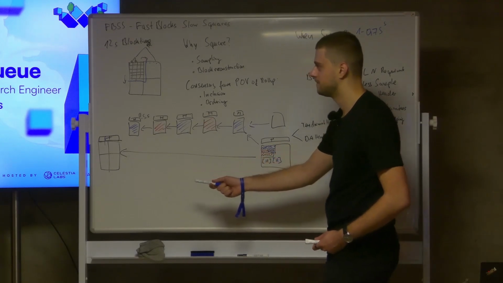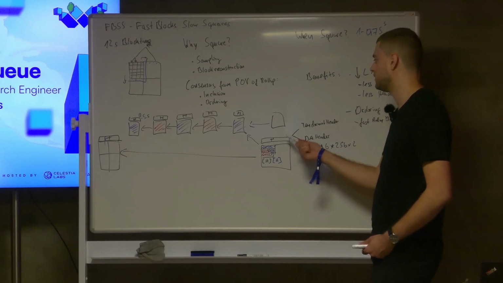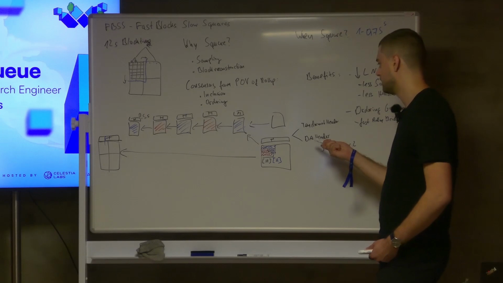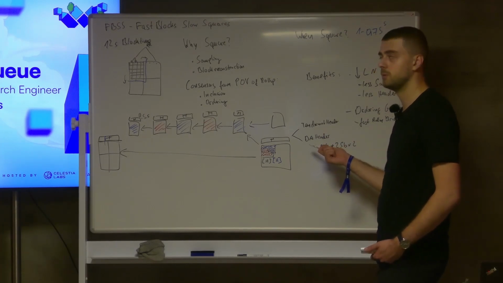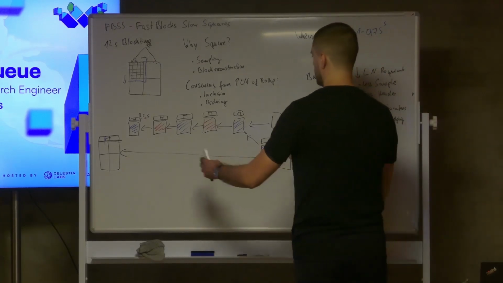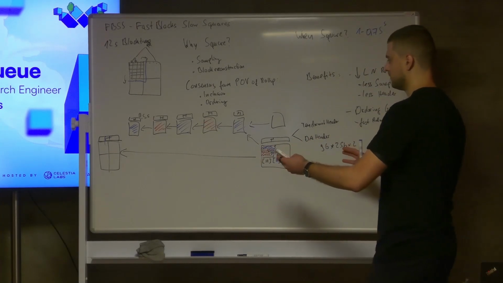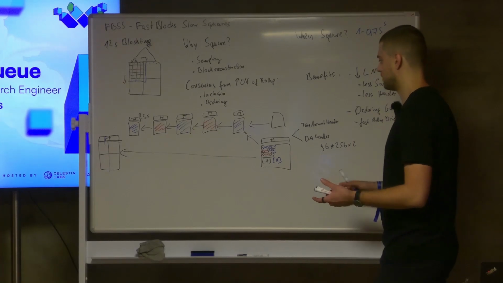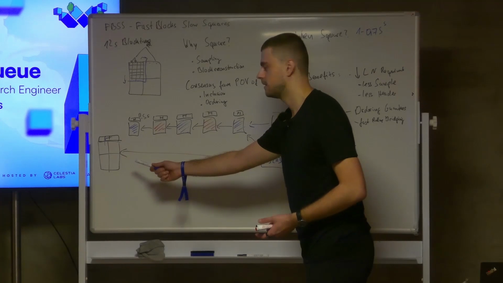Does that make sense? What does that give us in terms of properties? We don't have to download the data availability header. You're basically changing a little bit your data availability guarantee, because if that square is unavailable,